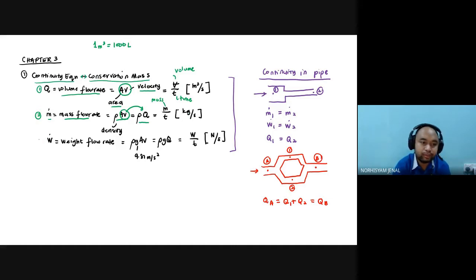And the last one would be weight flow rate. Okay, W dot weight flow rate. It is rho G AV, which is rho G. Okay, sometimes in the calculation it becomes gamma. You can just use the gamma given, which is the